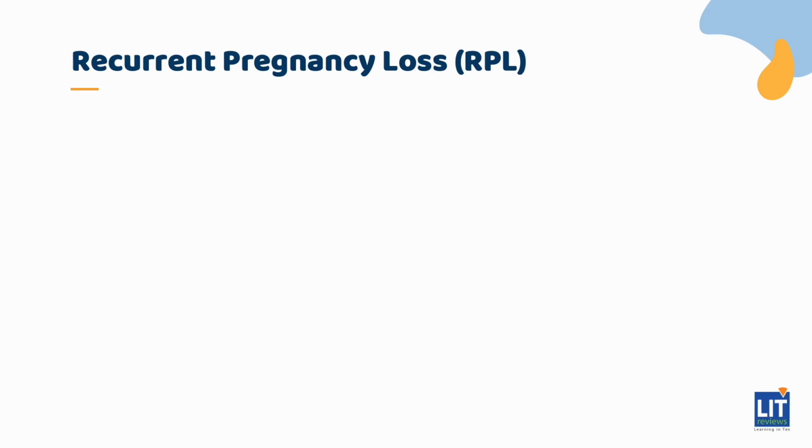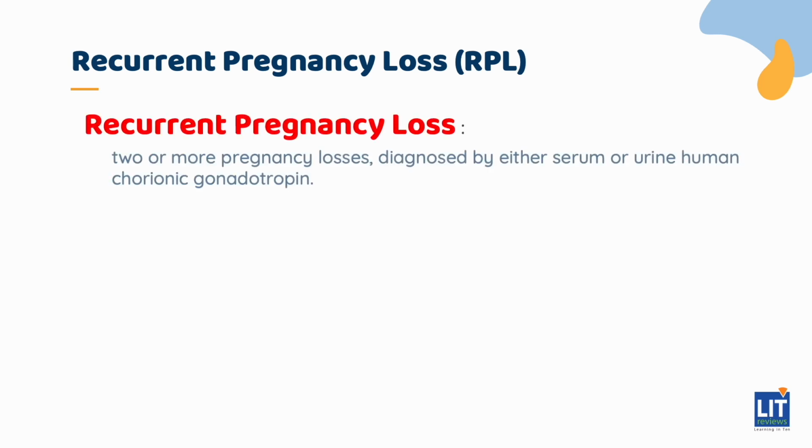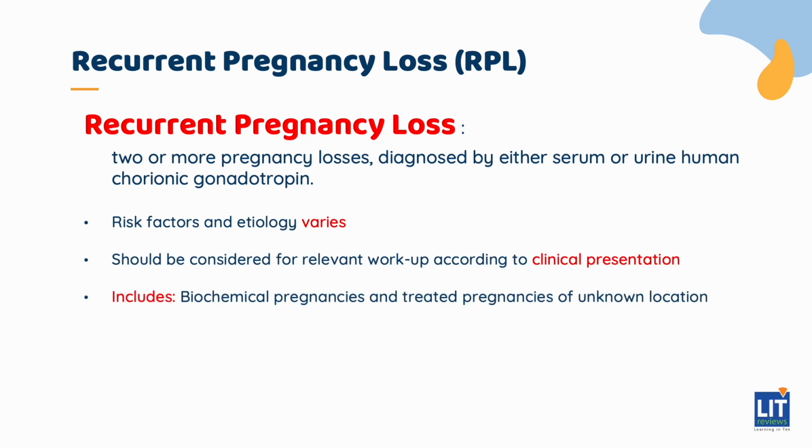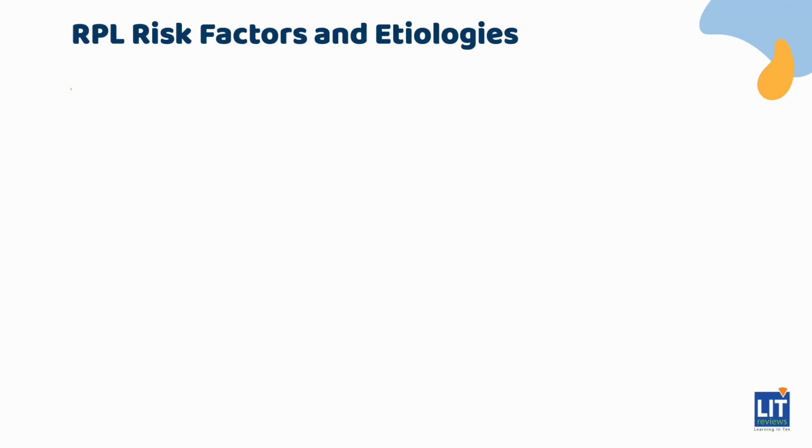In the case of recurrent pregnancy loss, the risk factors and etiology varies and should be considered for relevant workup according to clinical presentation. Recurrent pregnancy loss is defined as 2 or more pregnancy losses diagnosed by either serum or urine human chorionic gonadotropin. This diagnosis includes biochemical pregnancies and treated pregnancies of unknown location, but does not include confirmed ectopic or molar pregnancies. Although recurrent pregnancy loss is an important problem, the cause of RPL can be determined only